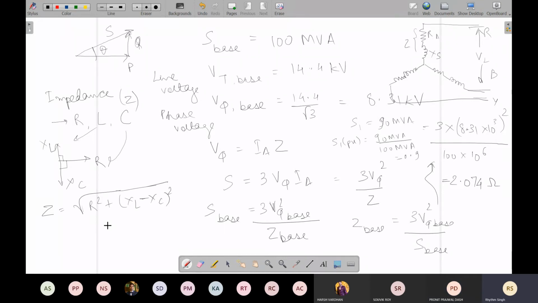It is a relationship like this. So this will have an angle also, as you can understand. Suppose, as I said, XL is bigger than XC. So the resultant will be something like this. Let's say this is XL minus XC. So the phasor summation of these two is your Z. And this angle is also theta, the power factor angle. So Z is a phasor equivalent of all the quantities which are causing voltage drop in the circuit.